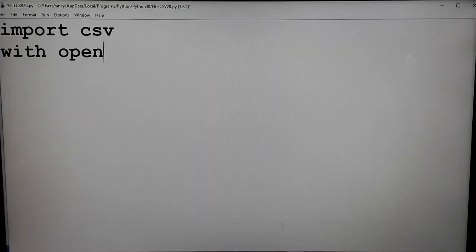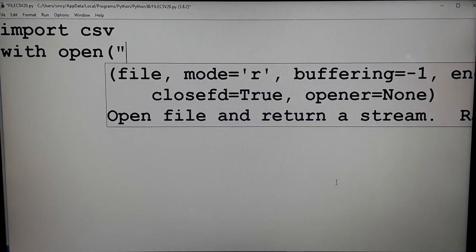The first step, importing csv. Second step, you have to open the file with open, file name emb18.csv. That is a file I am going to create which is not already created.